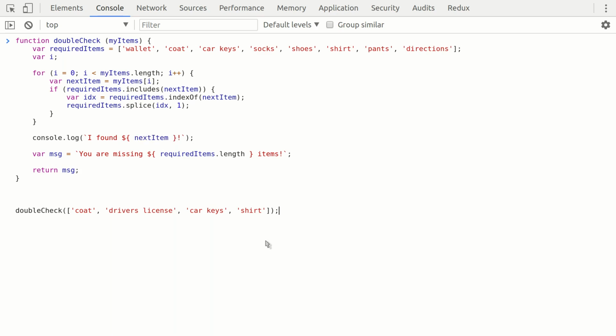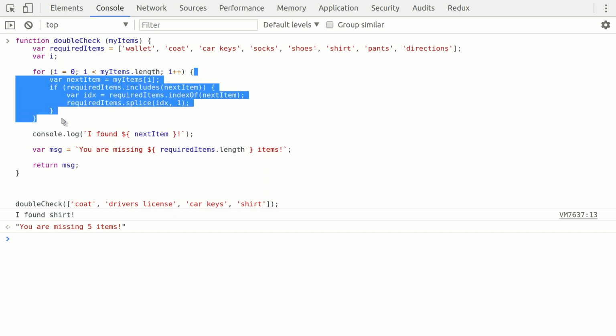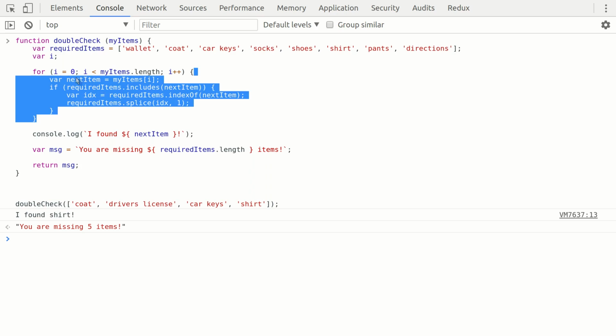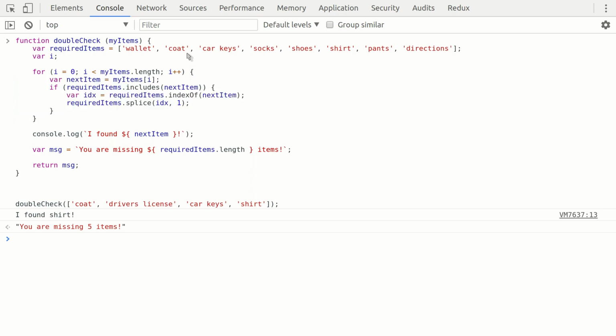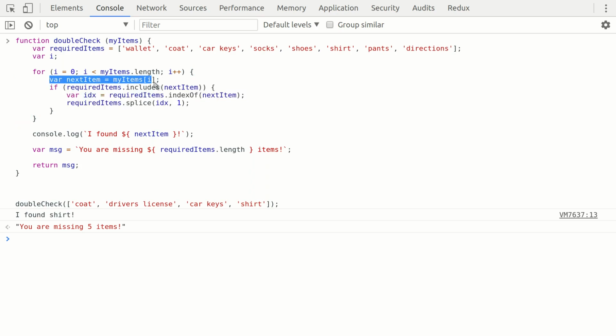And in fact, you shouldn't even really be able to see next item out of there. Right? It's shirt. We shouldn't really be able to see next item, because it's basically a relic of this loop. Next item doesn't really have any business outside of this loop. The whole reason we created it is just for the purposes of what we're doing in the confines of these braces. And so that's why a lot of people, you would see them write something like declaring a variable inside of a loop, and it might not necessarily be because they're an idiot or something, because I'm not saying it's idiotic, but